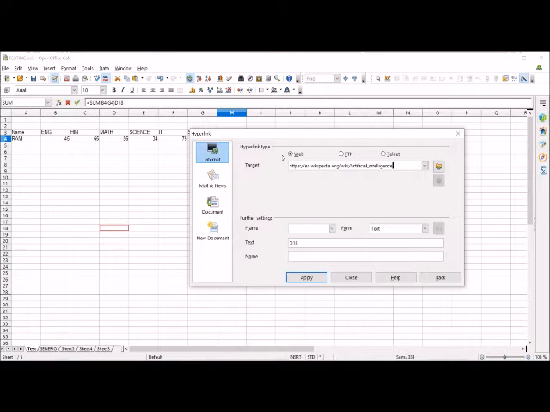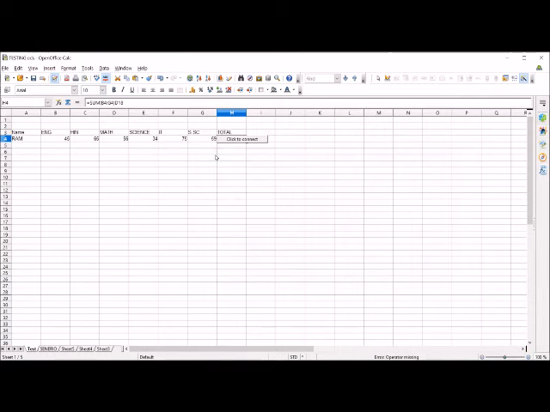So I'll paste the same link here, and here I will select the button option in place of text, and on the button I want to write, click to connect. Apply, close. Now one button has been inserted here.